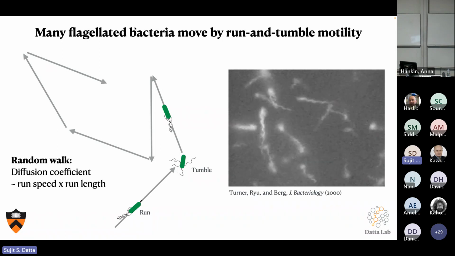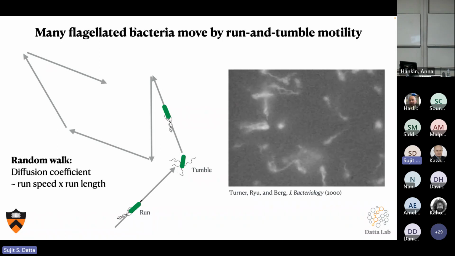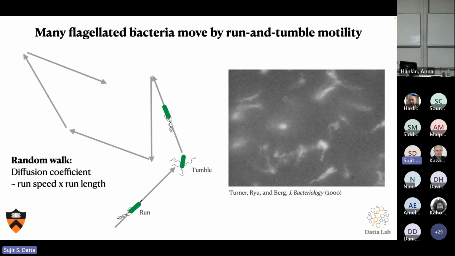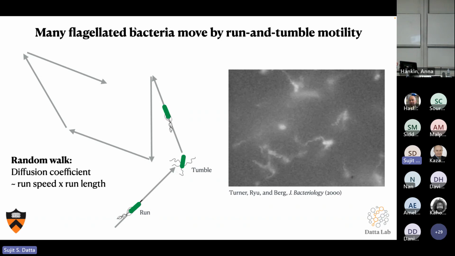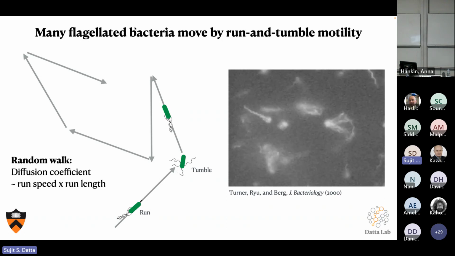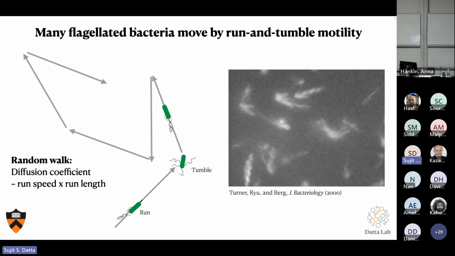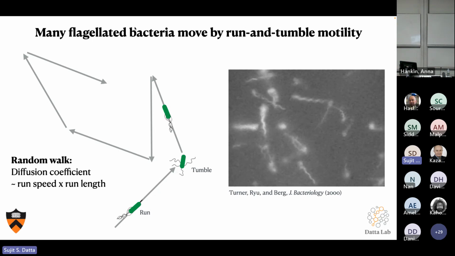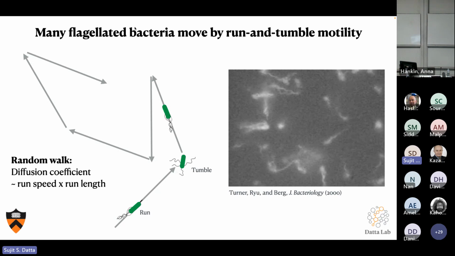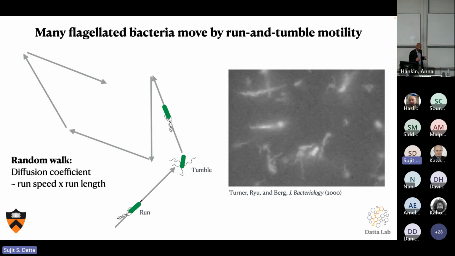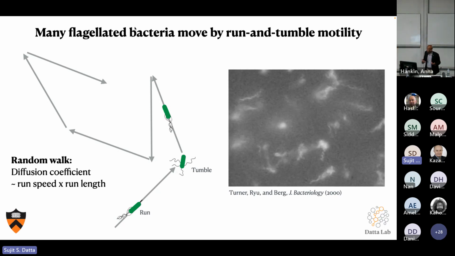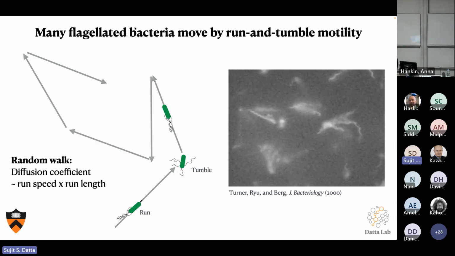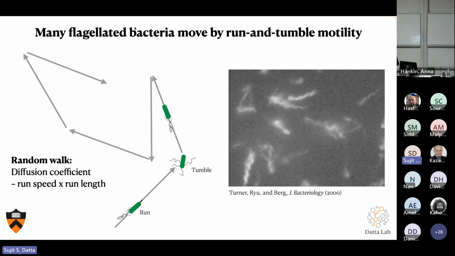And because this is a random walk, you can use the diffusion equation to quantitatively describe how these bacteria spread out through bulk fluids due to their active motility, with an effective active diffusion coefficient given by the product of the run speed times the run length, right? And those are just set by intrinsic cellular parameters, right? And so this is a beautifully elegant picture that's been validated in many studies of swimming microorganisms in bulk fluids